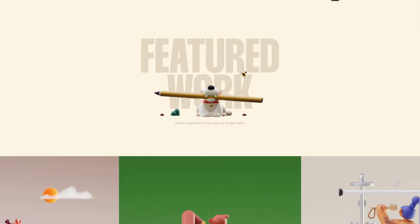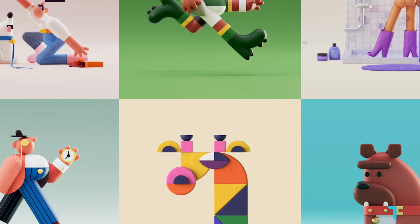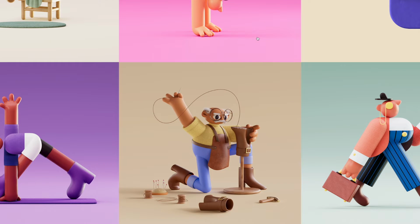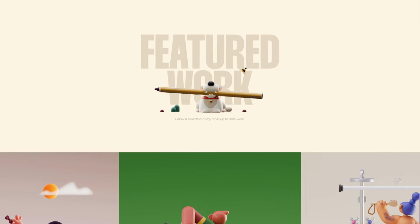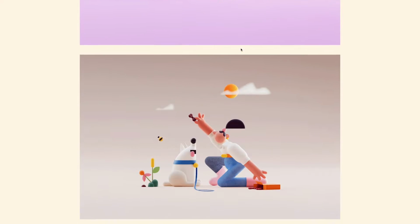When I click through to your gallery here, I see what personally I like to see, which is a load of big thumbnails and a big range of work, so I can just scroll through it nice and quick and see whatever I want. Now there is a good range here, a lot of characters, like you said, but now when we go through these sections and we look into the actual projects, I see